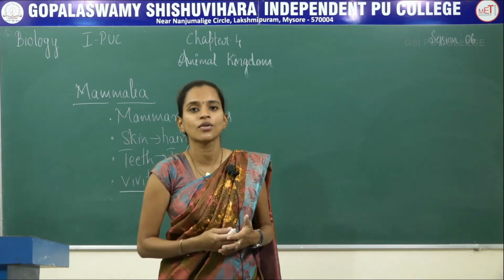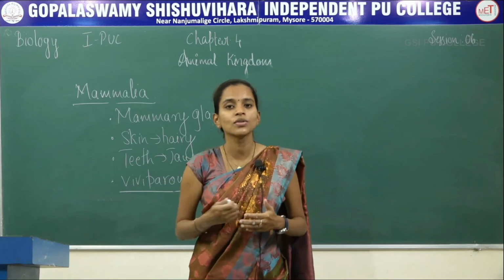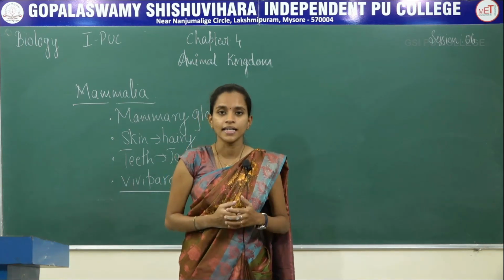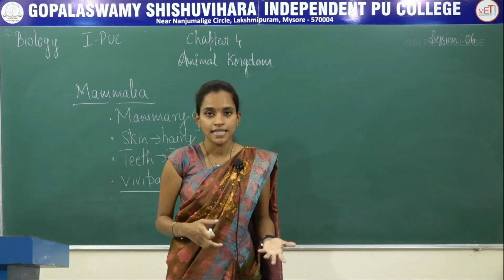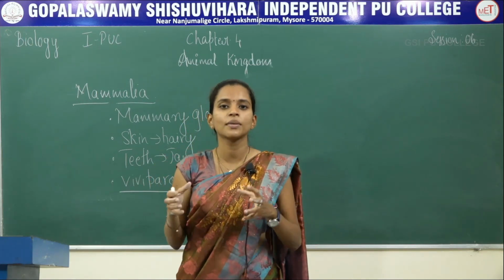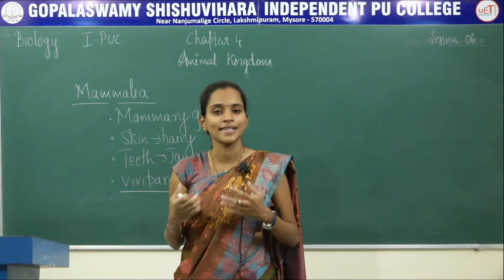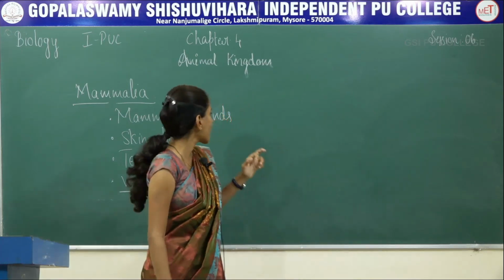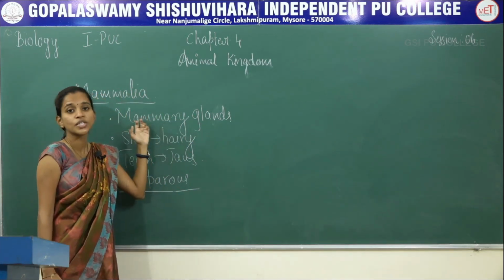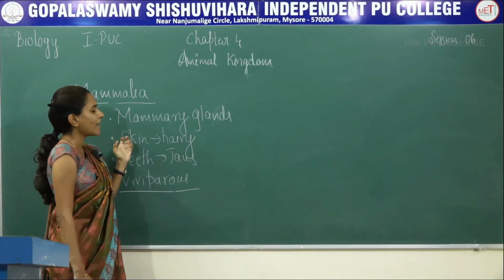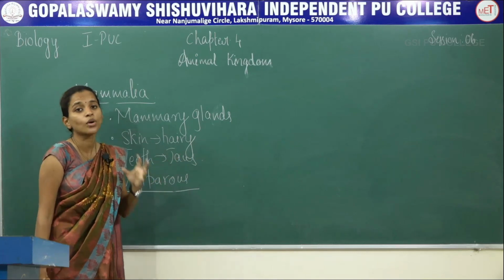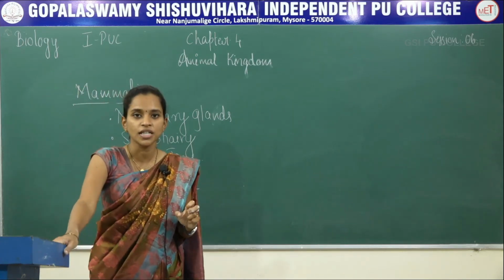So these are the characters of class Mammalia. Once again, these are not restricted to any one type of environmental condition. They might vary from deserts, grasslands, forest, mountain, etc. Few of them fly, few of them are restricted to aquatic region, few are terrestrial in nature. They have a special character which gives the name Mammalia, that is the presence of mammary glands with which they feed their young ones. They have a hairy skin to protect their body. Their teeth are present in their jaws, which helps in crushing the food.